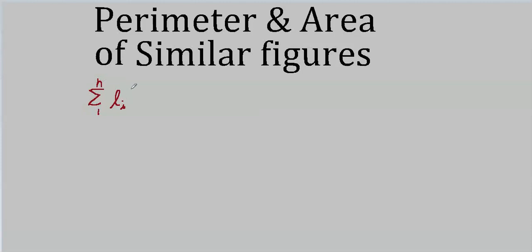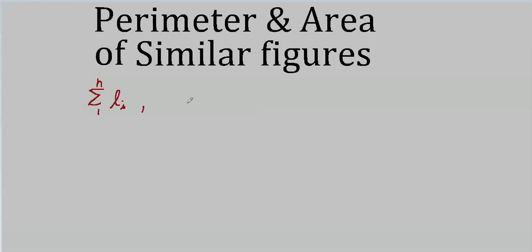Suppose we had an irregular quadrilateral. Every side has different length. Then to add side 1, plus side 2, plus side 3, plus side 4. And that's the perimeter. All you do is add up the sides. It's real simple. This is a shorthand notation for that. Well, suppose that, extraneous marks.